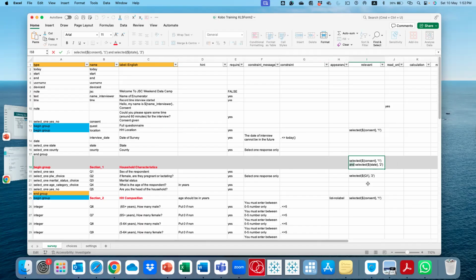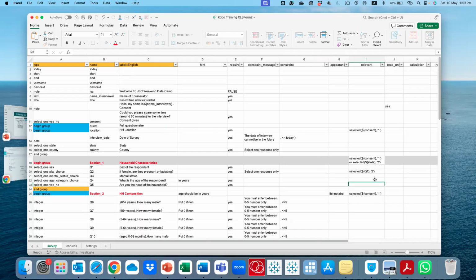If you want either or, you can just say or, right? It's just like the mathematical syntax that you use in every. If you use and, that means both of them need to be met. If you use or, it means only one of them needs to be met. So you can connect those, you can add a third one, a fourth one, whichever.